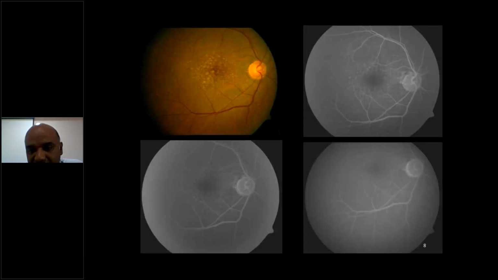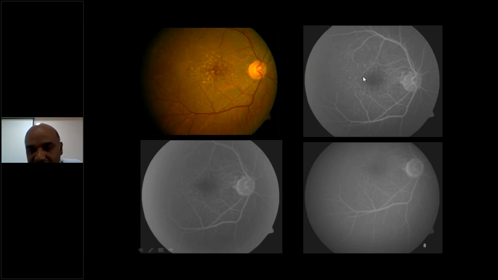Now, if you see this picture, this is an FFA. First, this is a colored photograph, and you are able to see a lot of drusen in the macula. There are yellow spots which are deep. How do you know these yellow spots are deep? You can see these blood vessels running above these yellow spots. So that indicates that they are below the pigment epithelium. If there are hard exudates, they are usually seen around the blood vessels. So these are all the superficial and deep capillary plexus.